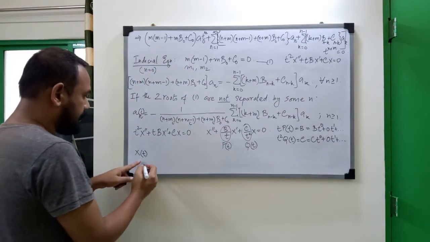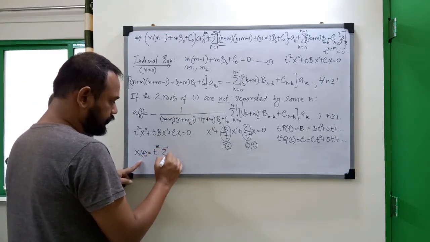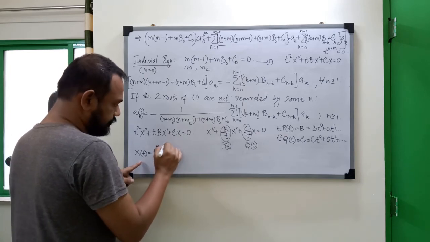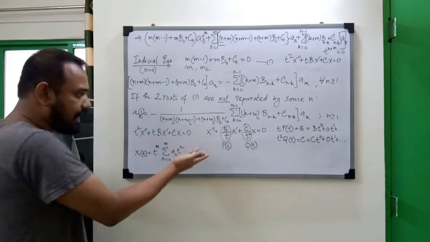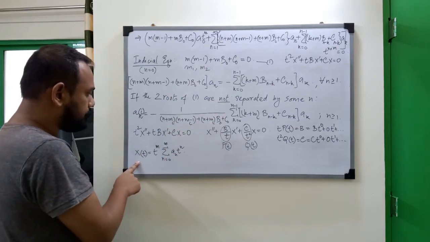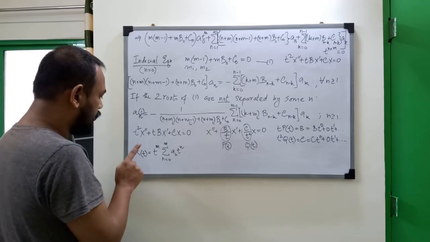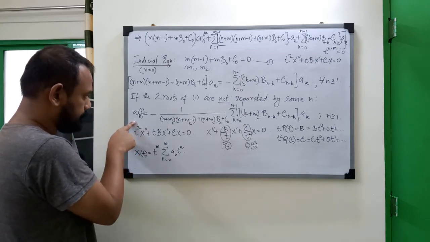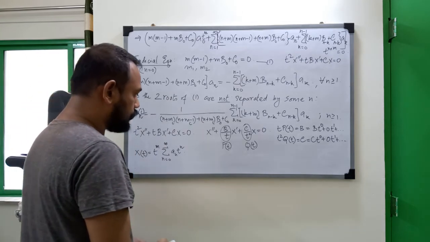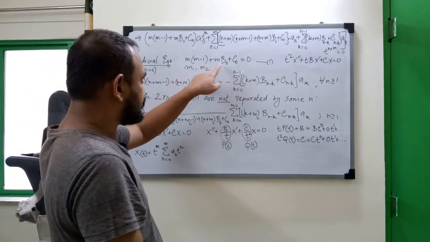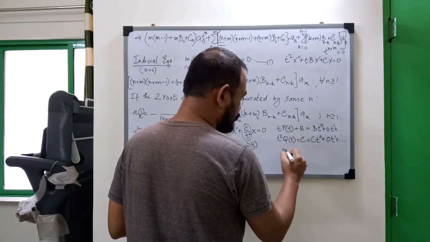If I take the trial solution as t to the m, the summation from n equals 0 to infinity of a_n t^n, like I have taken in this case, then I should be able to find the solution by using this particular formula which I've just found out. So again, this is the auxiliary equation of a Cauchy-Euler form. So you will have the Cauchy-Euler form